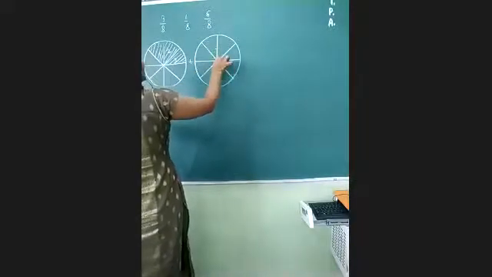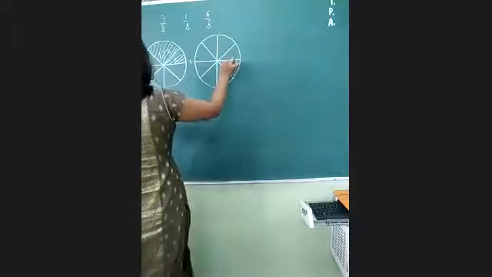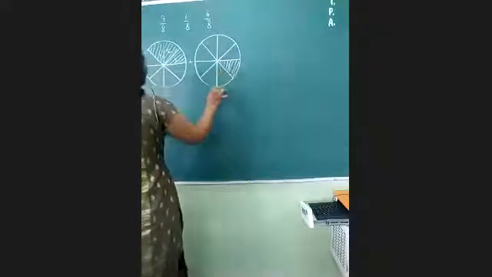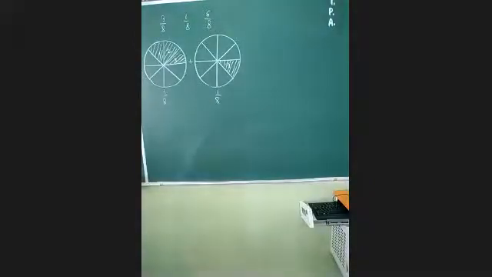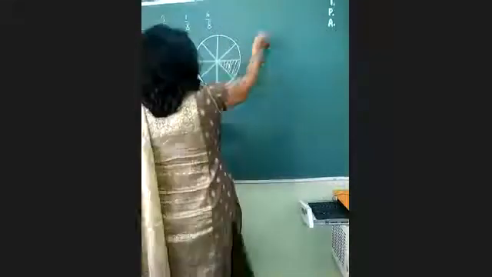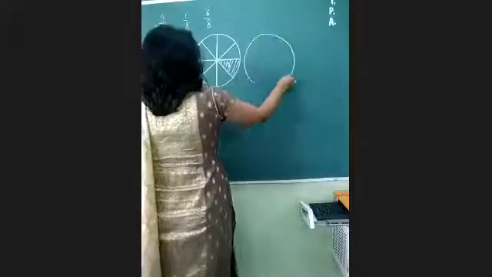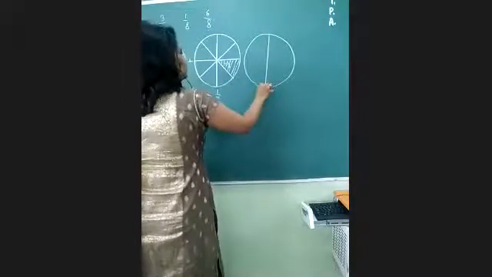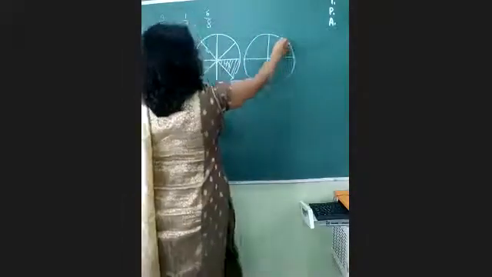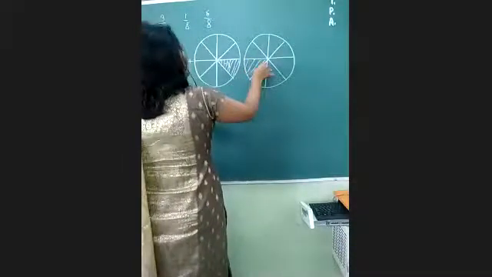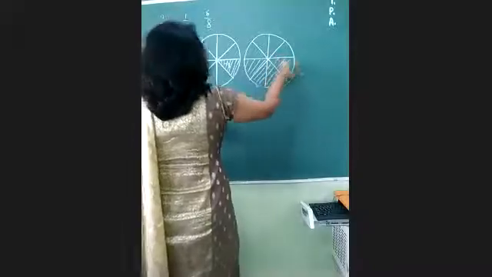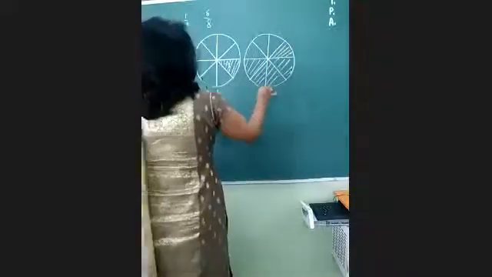So now let's take one more. This will be first one. This will be called 1/8. Okay, this is 1/8 now. Now we have to move ahead. We have to add 5/8 also. So I'll take up the next one. This I have drawn. So 1, 2, 3, 4 and 5. So this is 5/8.